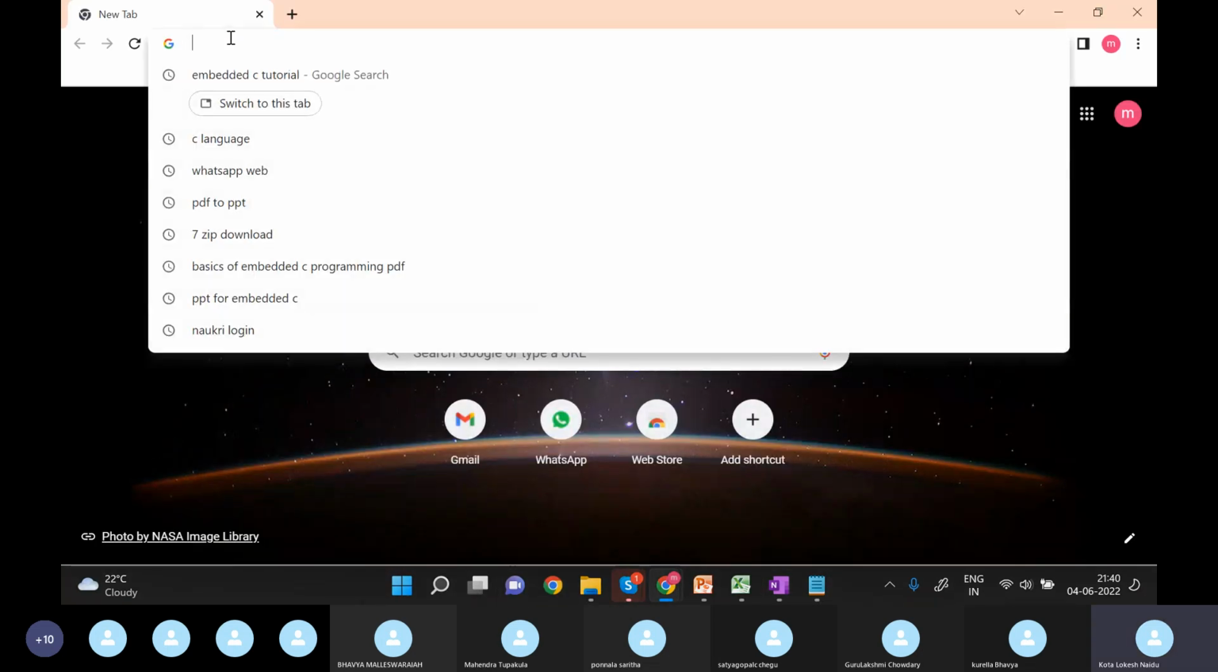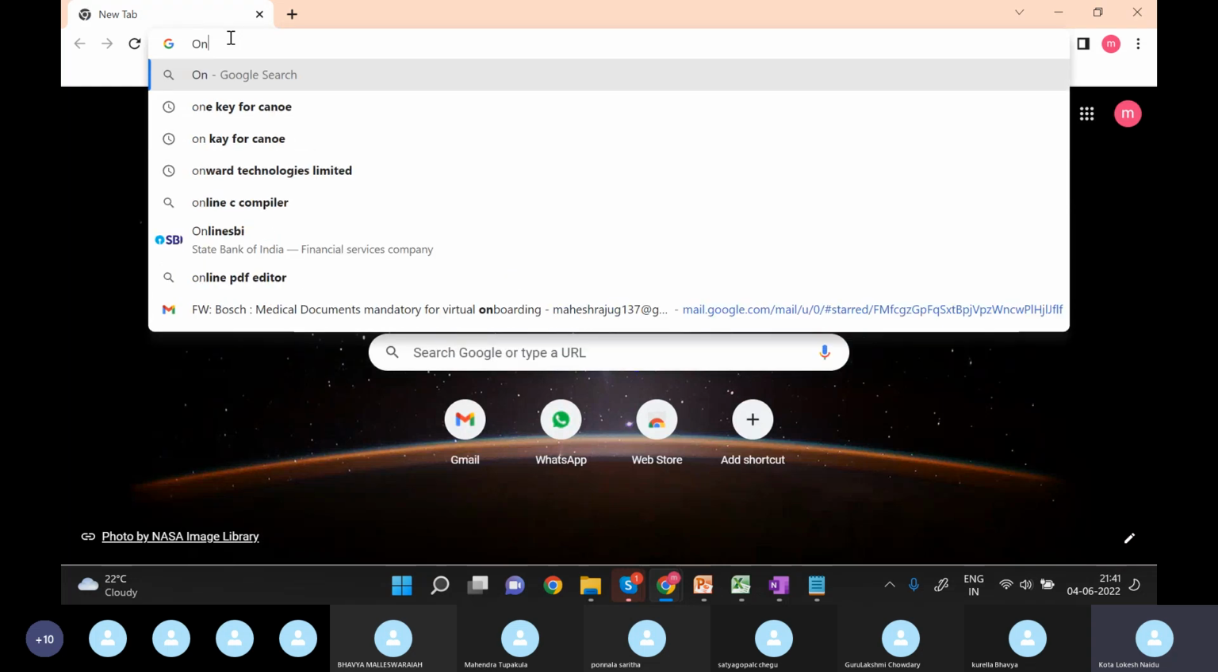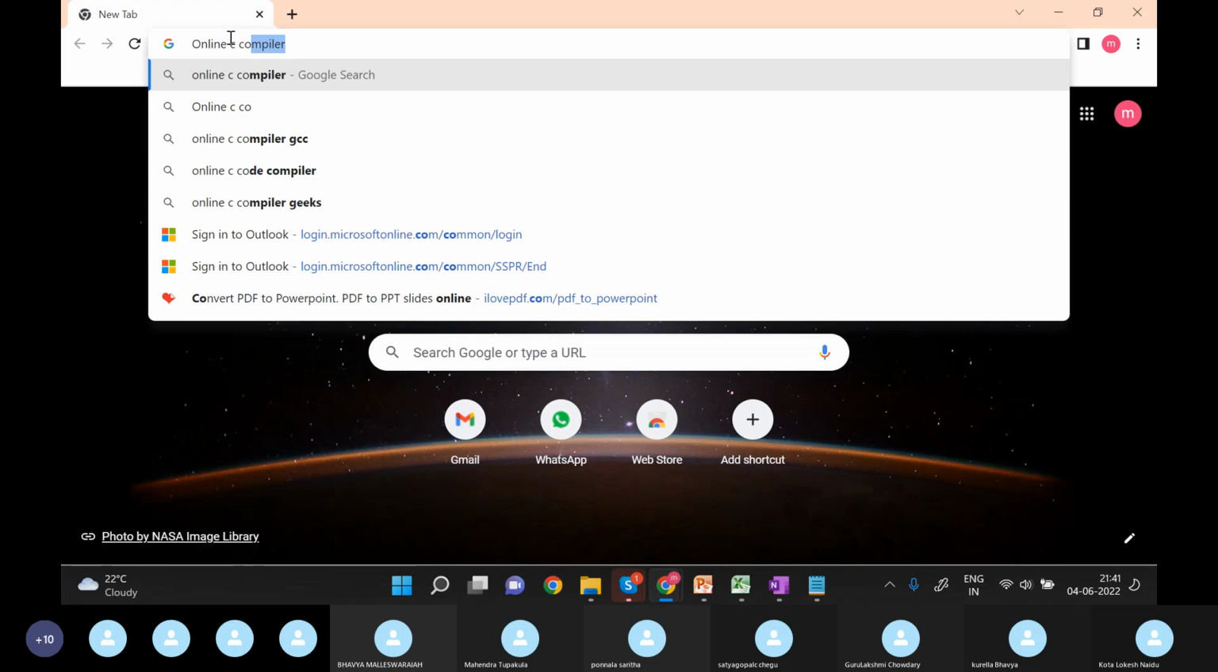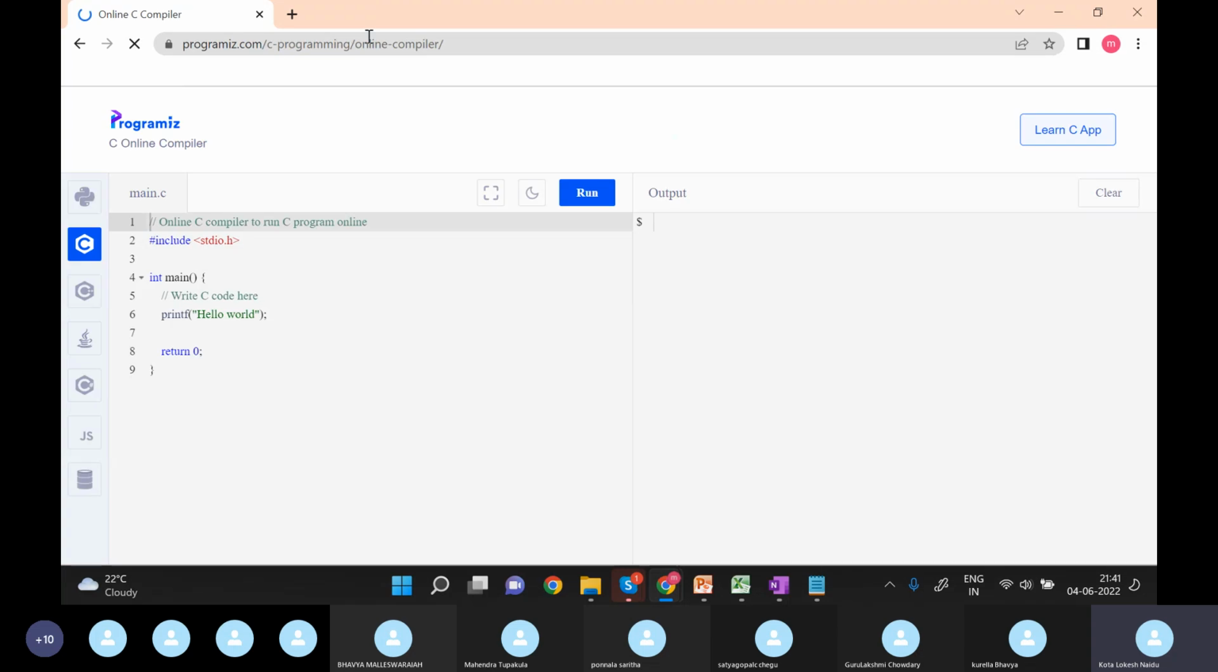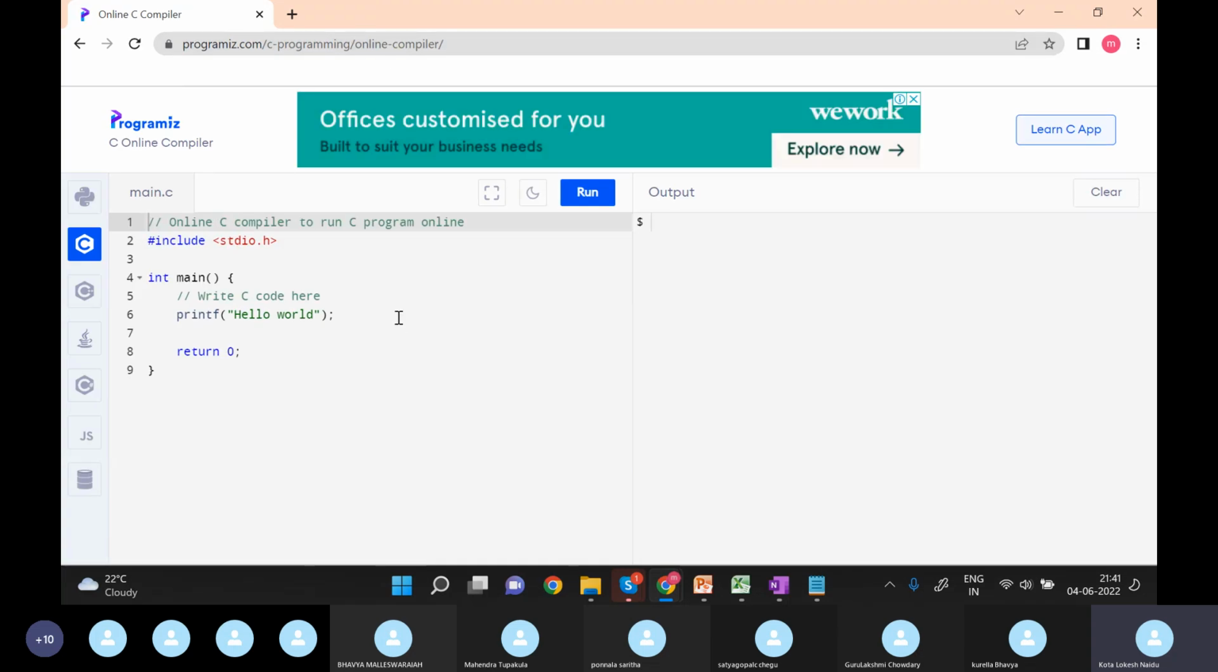Guys, for this C language, you need not install any tools, you can just use an online C compiler. If you want to become a master in this, you can use the online C compiler. There are multiple compilers online. You can just use it. So what I have done, I have just opened the C compiler. There is one main.c file. So whatever the program,